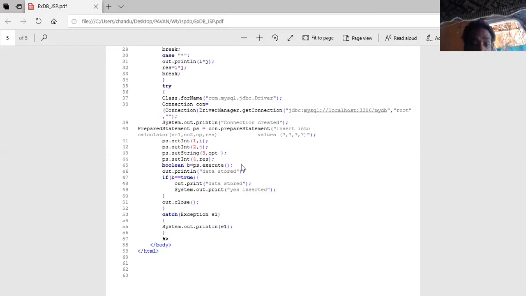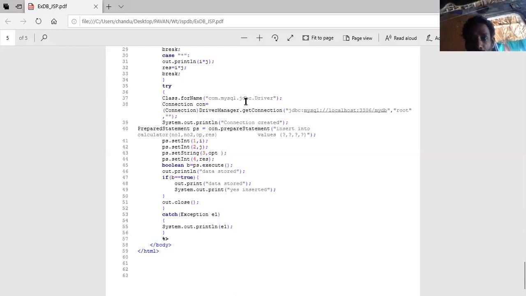Already I said this: the execute method is used for insert, delete, update, and it returns a value. And executeQuery is used for select statements. Then out.println: if b equals true, data stored, inserted; otherwise unable to insert.